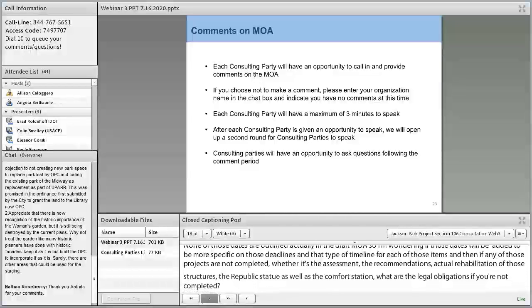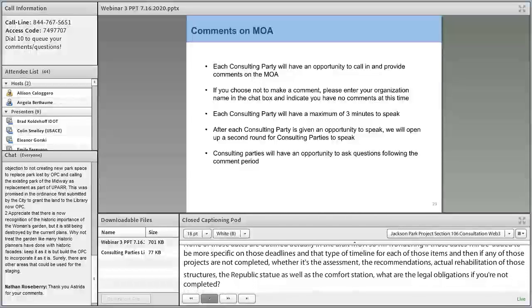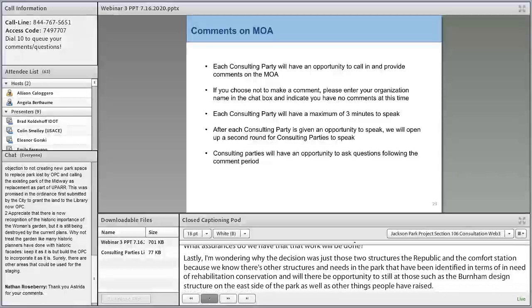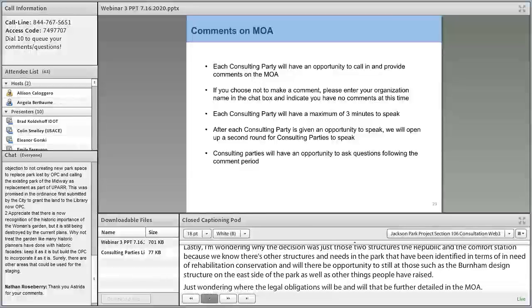And lastly, I'm just wondering why the decision was just those two structures, the Republic and the comfort station, because we know there's other structures and needs in the park that have been identified in terms of in need of rehabilitation and conservation, and will there be opportunity to still add those, such as the Burnham designed structure on the east side of the park, as well as other things people have raised. So I'm just wondering where the contract, the legal obligation will be, and with that will be further detailed in the MOA. I just have one other last question too, which is the consulting parties that are listed in the